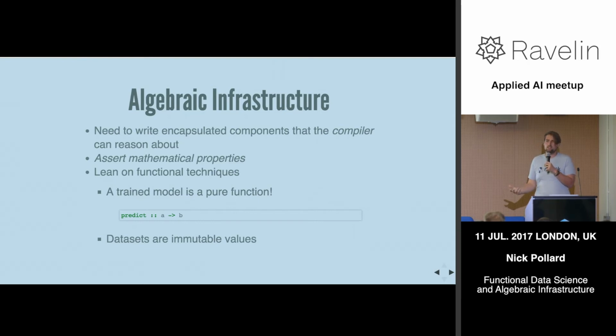And we can treat our data sets as immutable values as well. If we have a new data set, if we want to change some values, we should be considering that a new immutable value. And by doing this, we can then start to reason again that if we predict the same data set, it'll be the same. If we train something on the same data set, it'll be the same. If we want to train it again on a different set of inputs, that's a new data set.